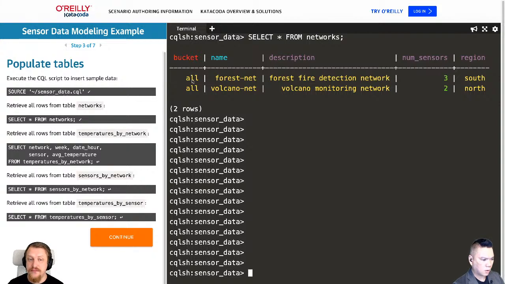And all my networks will have bucket all. But if at some point I have too many networks and I would like to move them from a single bucket to multiple buckets to have multiple partitions, in this case I have only one partition. Bucket is my partition key, and all my networks belong to the bucket all.